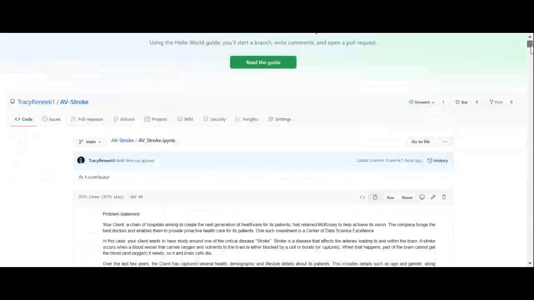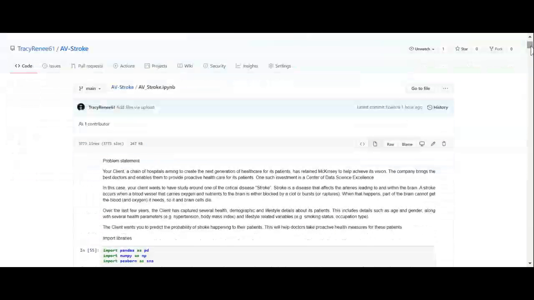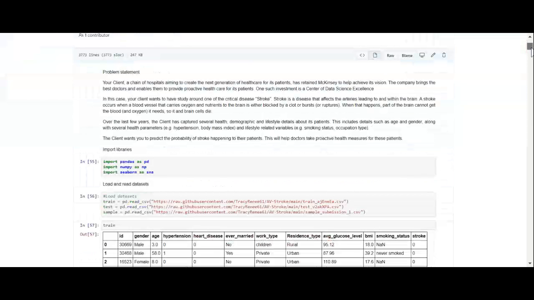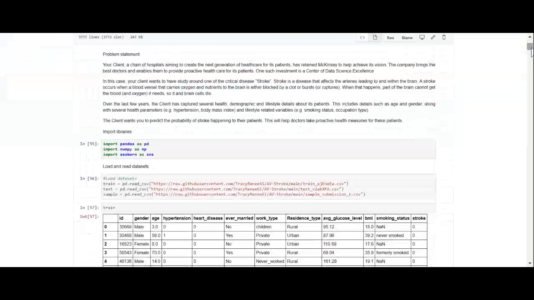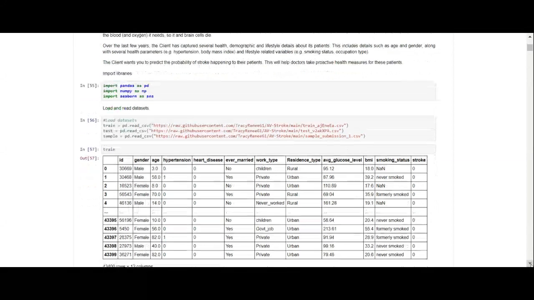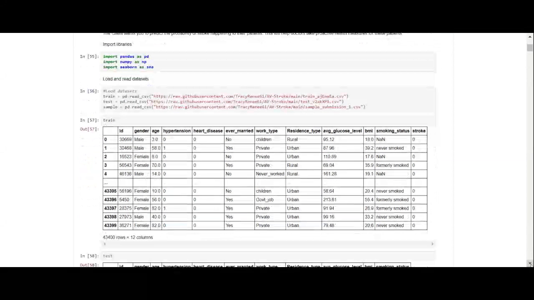What I'm going to do is go over this with you very quickly because I'm not sure if my screen recorder is going to work. The first thing we do is go through the problem statement. I'll leave the problem statement on the screen for a little while so you can read it. The second thing we're going to do is import our libraries of Pandas, NumPy,